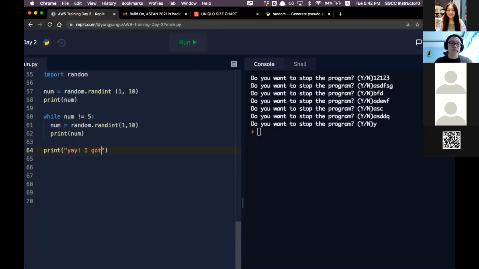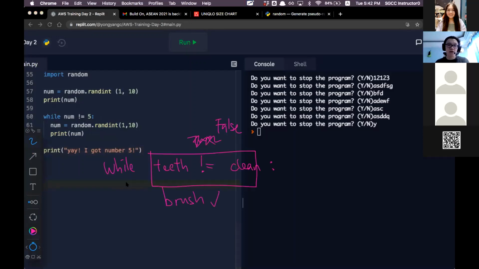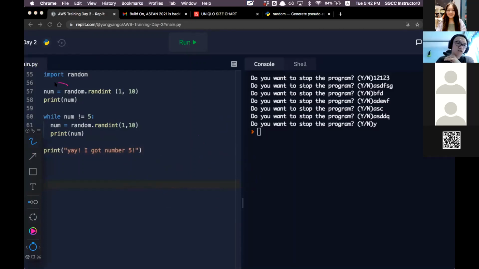I got number 5. All right, let me just quickly explain what's going on over here. I will first generate a number from 1 to 10, okay? And then when I reach the next line, the computer will check that, hey, as long as the number is not equals to 5, right? So of course, there may be a chance that 1 to 10 may immediately be 5, right? So if it's not, this loop will go on until the number 5 has been obtained. Okay, and when that 5 has been achieved, this loop will stop,